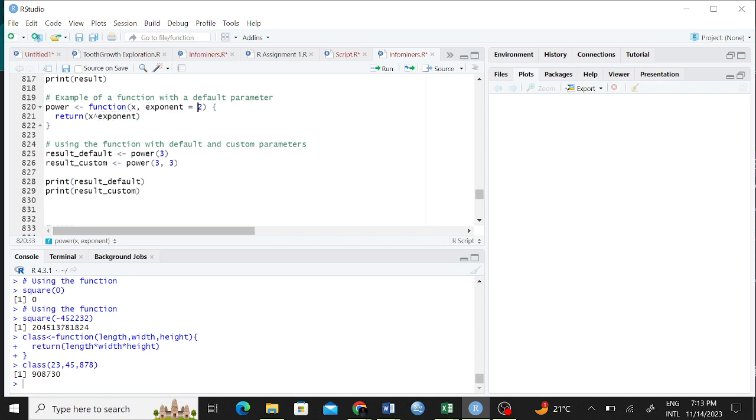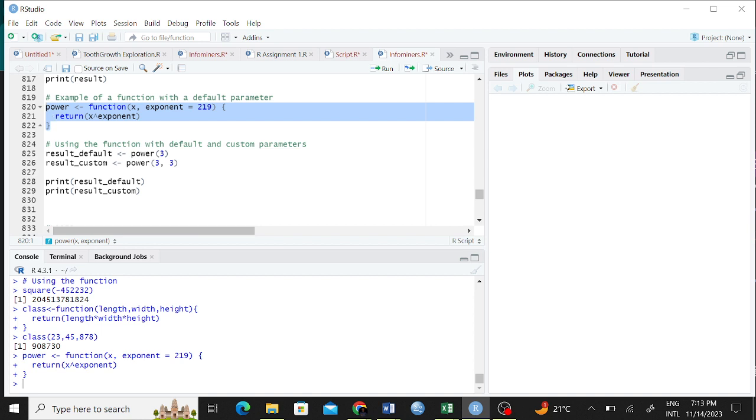So if I change the exponent to 10, it still remains x raised to the power of exponent. Sorry, this was supposed to be 10 or 19. Or even an exponent of 219, it will still be running, right? If you run this, you'll see that it is running, and then now maybe press power, and say power of, oh sorry, what was I writing here? Okay, yeah, so the power function and then things like that.